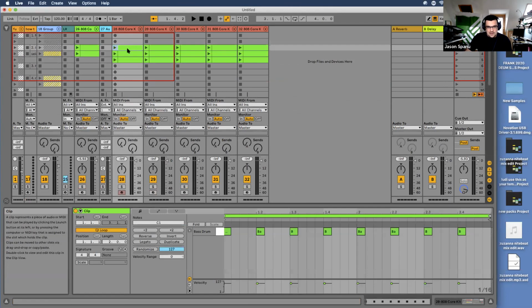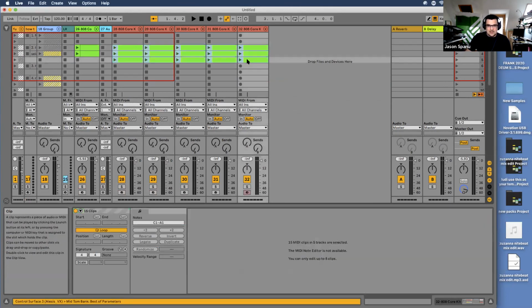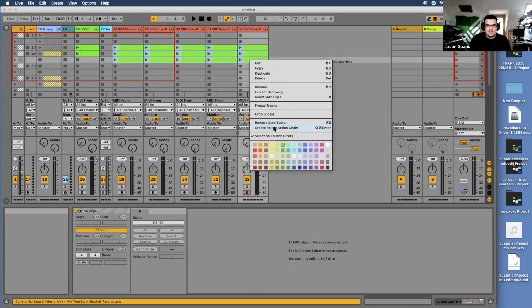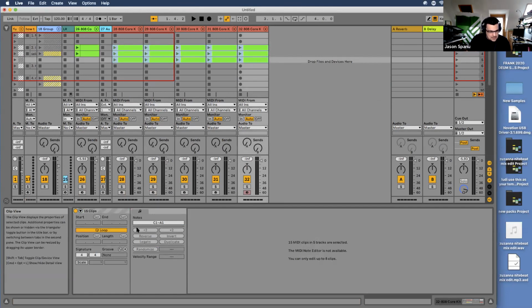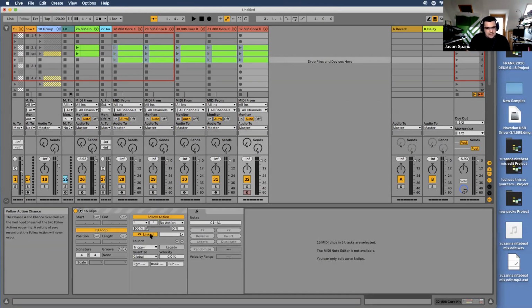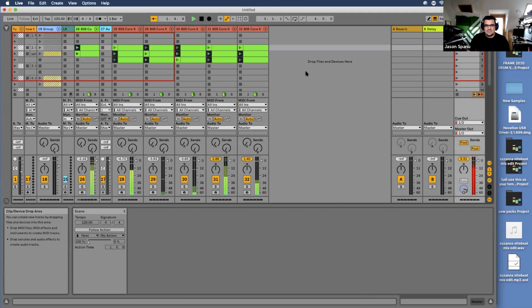Cool. So now the next choice is, we're going to select all of these guys and create a follow action chain for all of them. I'm going to open up my little thingy here. I'm going to maybe unlink them and make the patterns change every half bar. Then I'm going to hit legato, and I want them to go down, but also be random and have it be a split in between all of those. So if I hit play now, these guys should